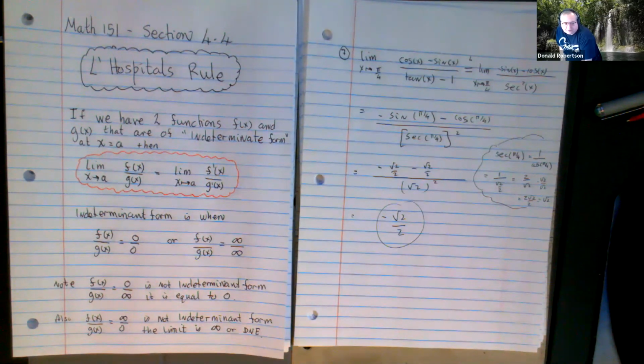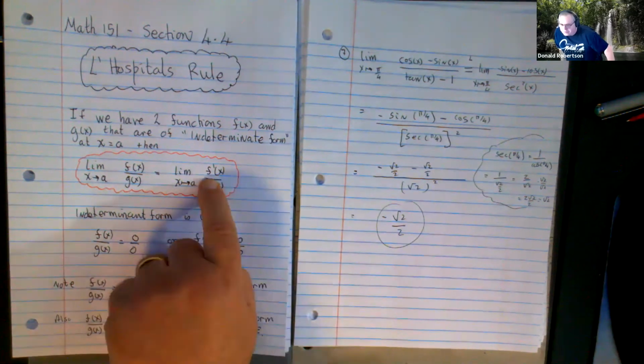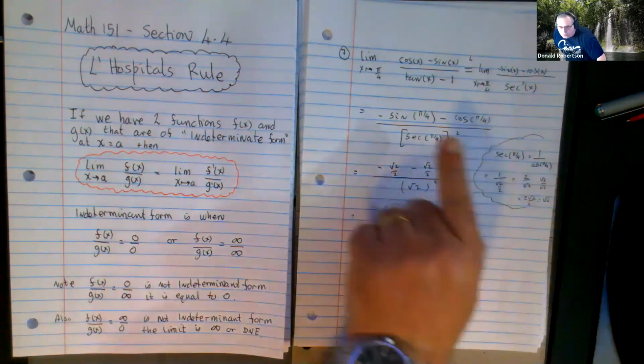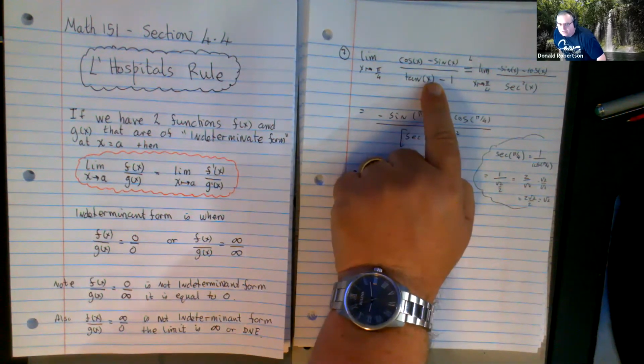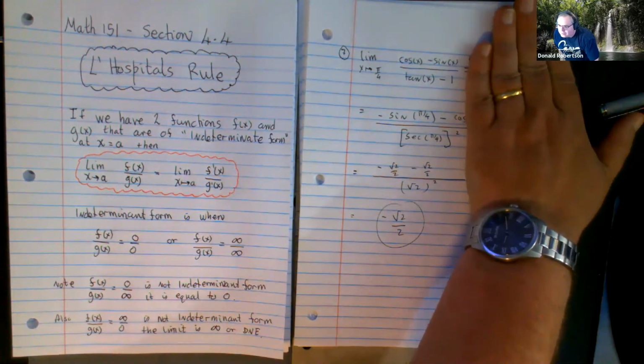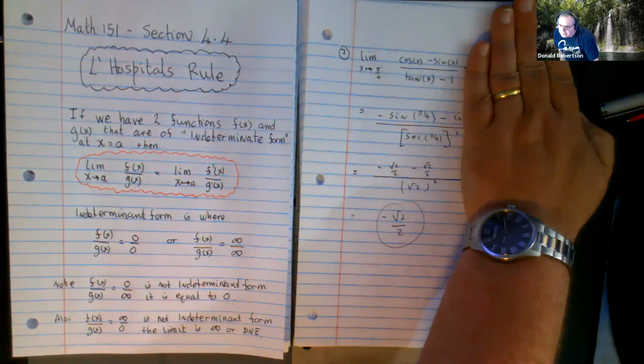Before L'Hopital figured out this lovely little rule of his, this little formula, whatever you want to call it, there was no real technique that we had for finding limits like this. Can you imagine week 1, if I had given you that, you couldn't have done it by algebra. I guess the best you could have done would be a table of values, picking numbers closer and closer to pi upon 4 and seeing if some answer came out. But since this answer isn't a nice number like -1/2, wouldn't it be quite hard to know what it is? Actually, it's